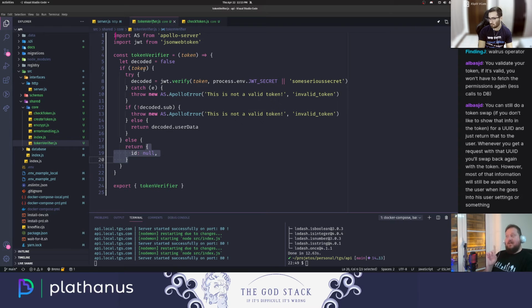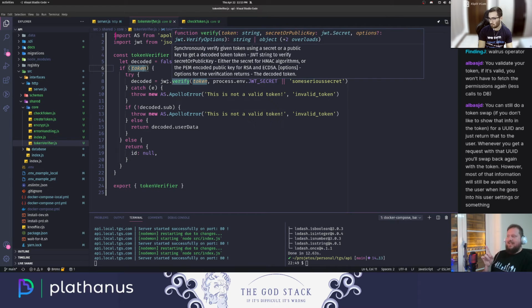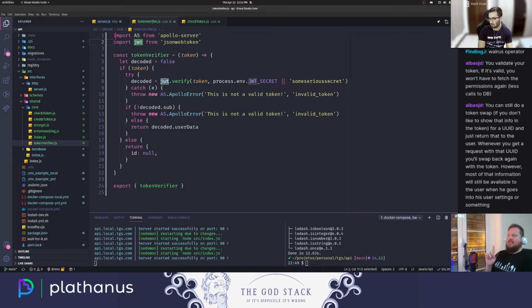Okay, but if the person has the token, let's check that. I'm going to get the JWT, and we're going to verify that using the JWT secret that we already created. If the person didn't pass this, I'm just going to use some serial secret. Actually,